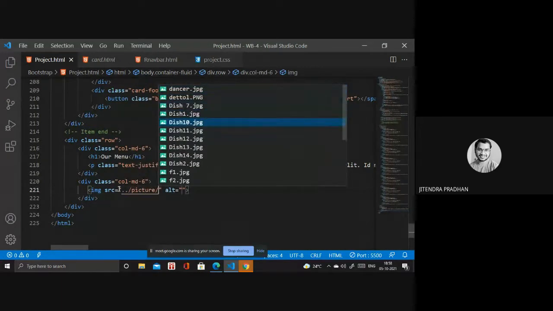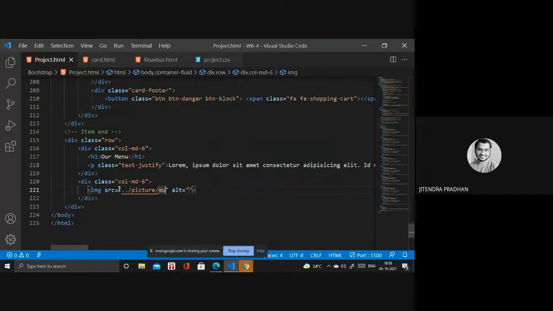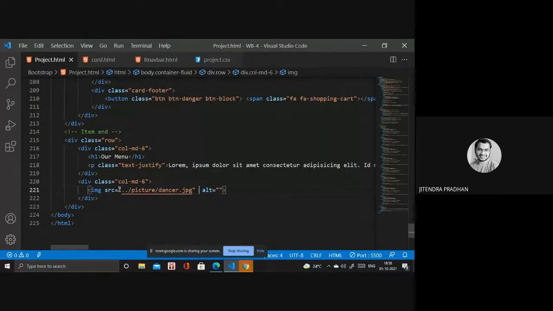From the pictures, let's put graphs mobile offer. I will use a music one, I think, but music is not there. Dancer, okay, dancer.